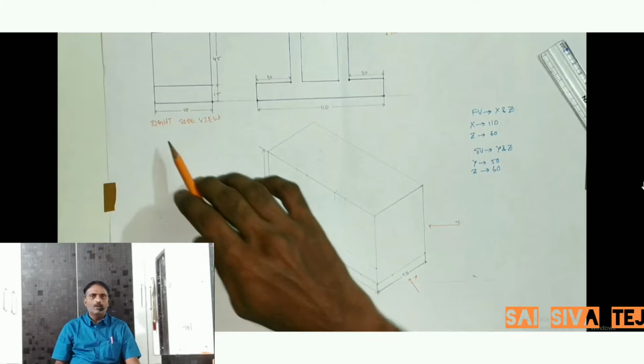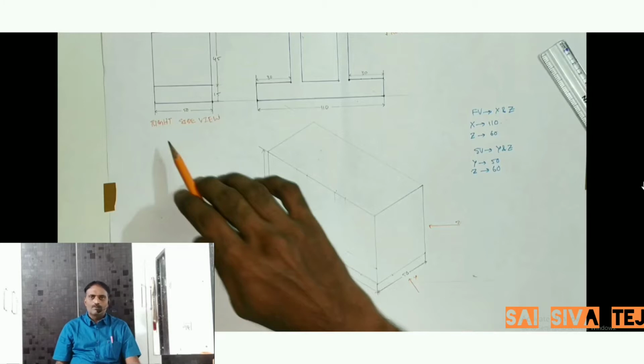In this session, I would like to discuss a few more examples regarding isometric views. In the previous session, we have seen some of the basics related to the isometric views. First of all, let me give you some more tips in order to represent the isometric view of an object whenever we are given certain projections, that is orthographic projections.